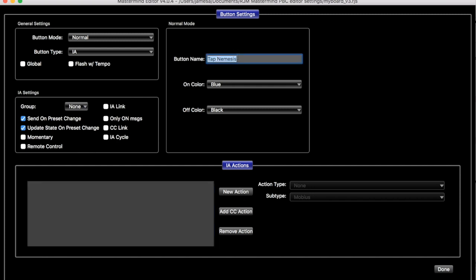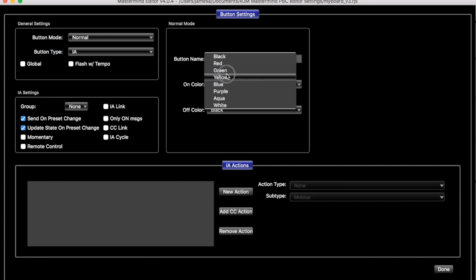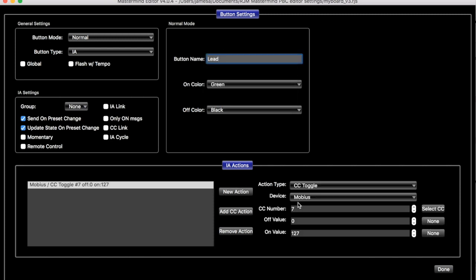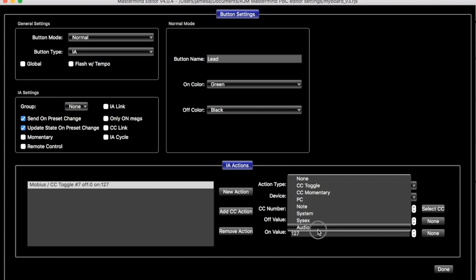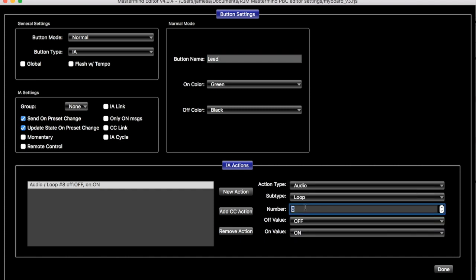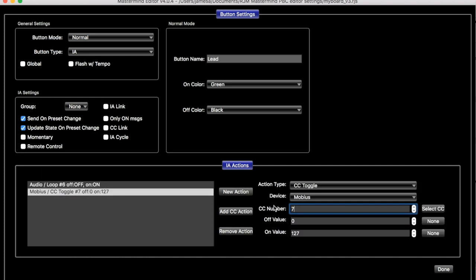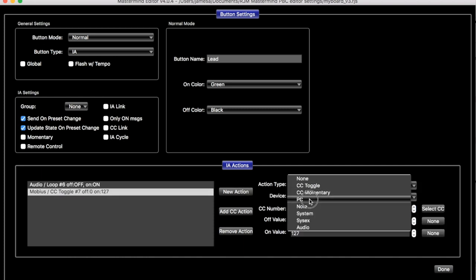change this to, I'm going to call this lead boost, or just lead. And blue and black is fine. Let's make it green. And I'm going to go ahead and add some actions here. I'm just going to open up audio loop number 6. So I've got my Archer handling my lead there. And let's put a little delay on it. So I will go ahead and